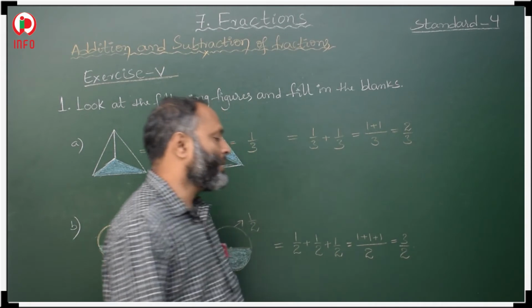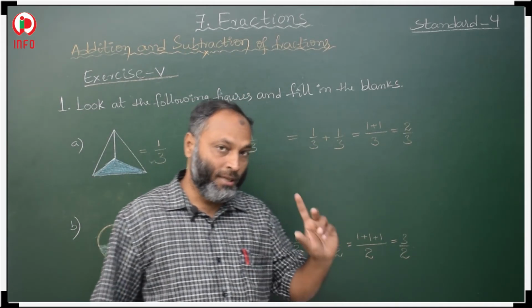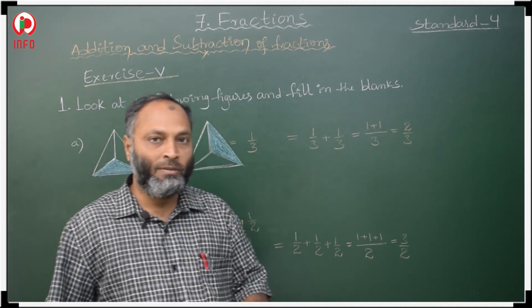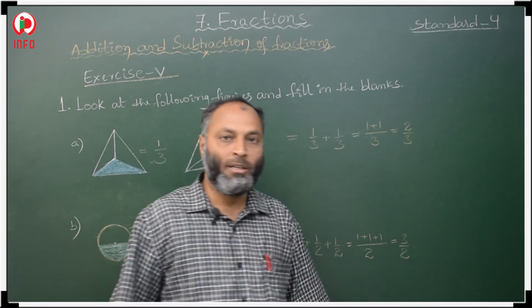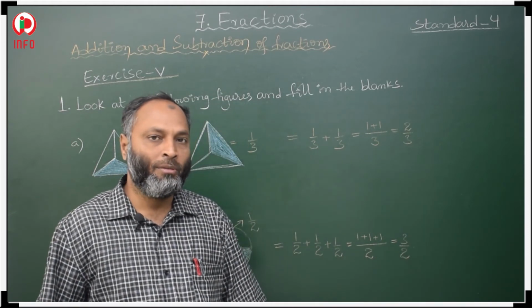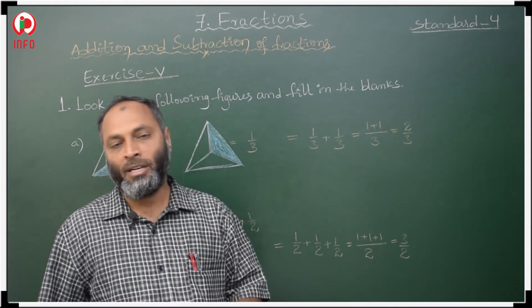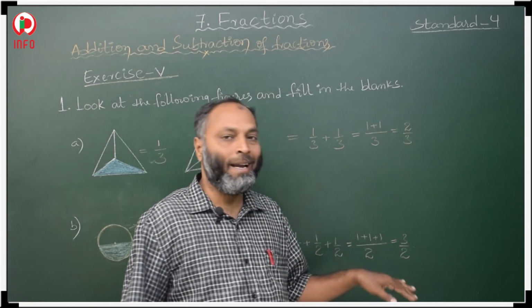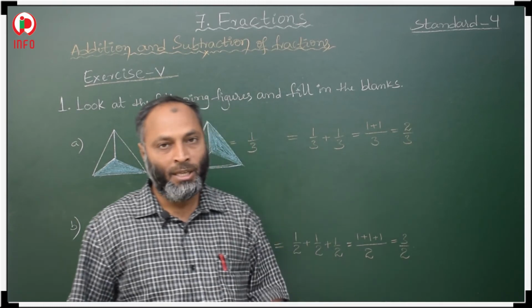Now, this 3 by 2 is an improper fraction. So what is an improper fraction? If the denominator is less than the numerator, then that is an improper fraction. Here the denominator is less than the numerator. Whenever an improper fraction is given, or you get an improper fraction after adding, then you have